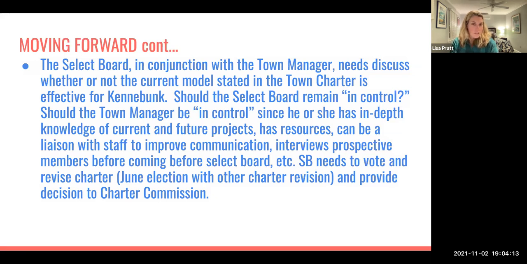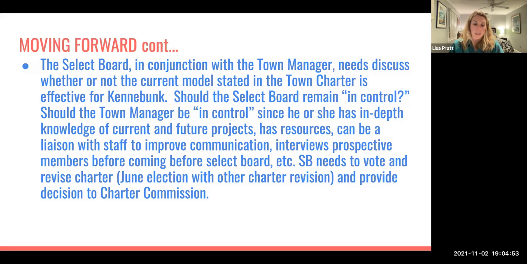I believe the select board needs to vote and revise the charter, maybe a possible charter revision in the June election. And that could also provide a decision for the Charter Commission, if that were to happen in the future, on how we want, who we want, to be in control of committees. If you can't guess, my opinion is that the town manager is in a better position to help guide committees. And I think the select board should remain in a liaison position,